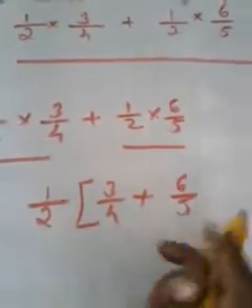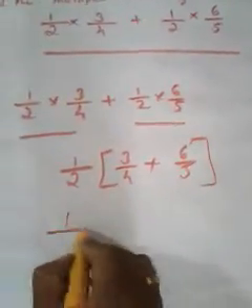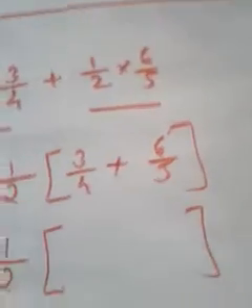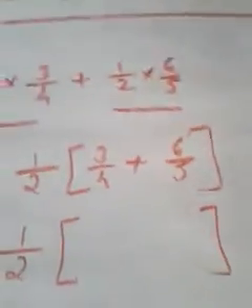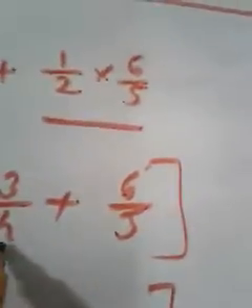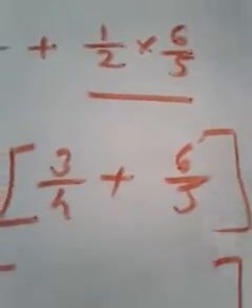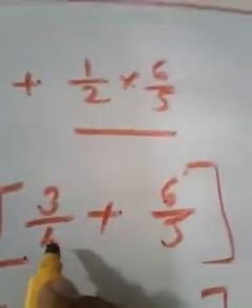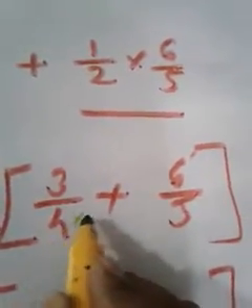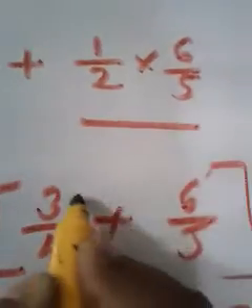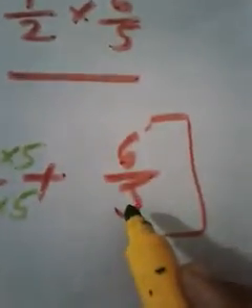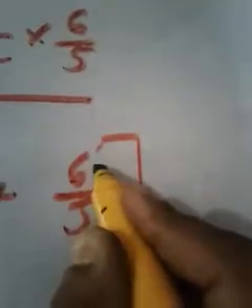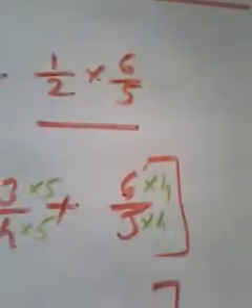You may understand. Okay. Now you see 1 by 2 into, if you want you can use LCM or cross multiplication as you wish. I'm going to use LCM, which is a common multiple of 4 and 5. The common multiple of 4 and 5 is nothing but 20. So in order to make this 4 as 20, by which number do I have to multiply? Into 5. Here also into 5. In order to make this 5 as 20, by which number do I have to multiply? Into 4. Here also into 4.